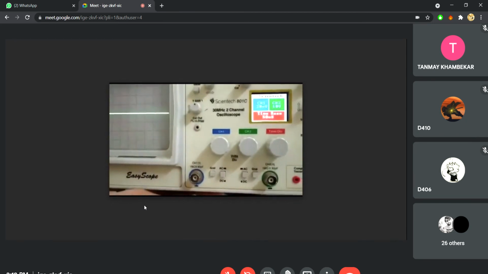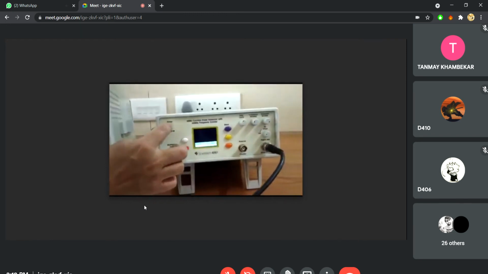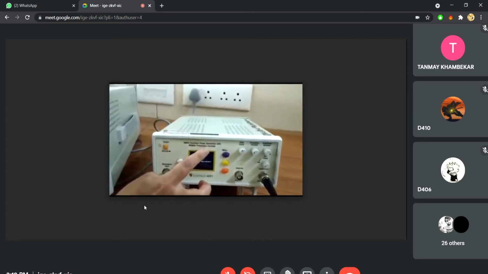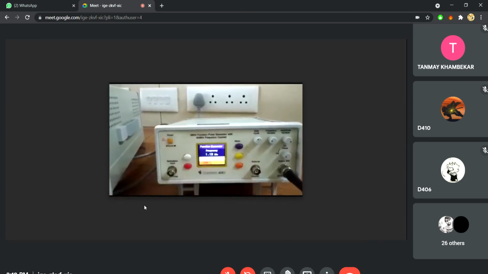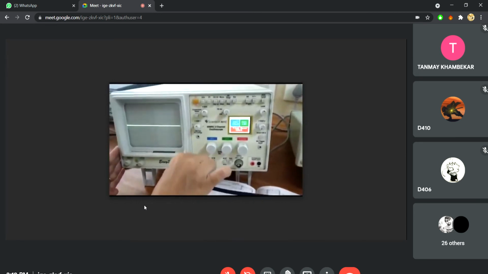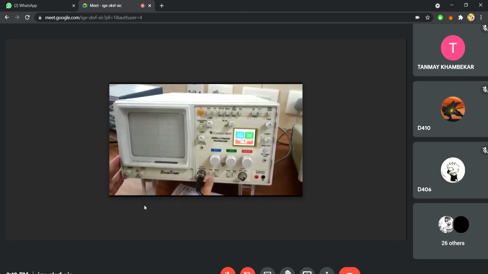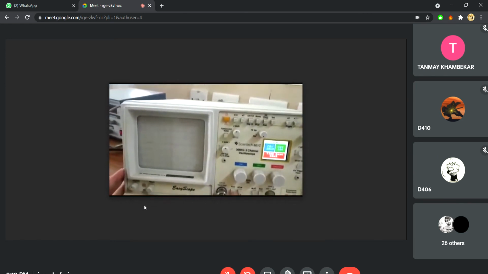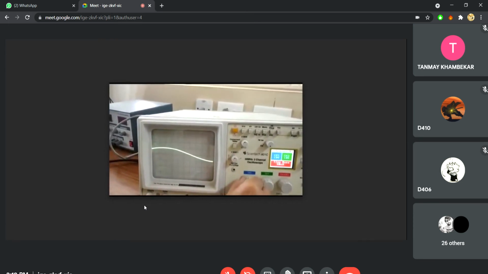Now going back to the function generator. As the name says, the function generator will generate signals. I will tell you what all signals it will generate. The output of this function generator I am giving to channel 1, as we discussed before, and ours is AC. I will remove this ground because now I'm going to give a signal. We will see what all signals it can generate.